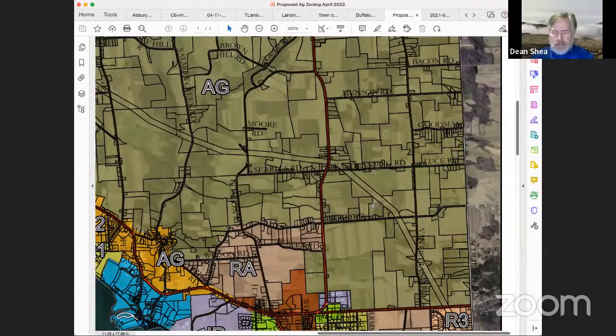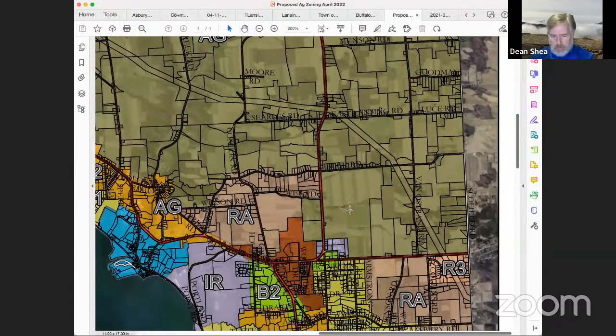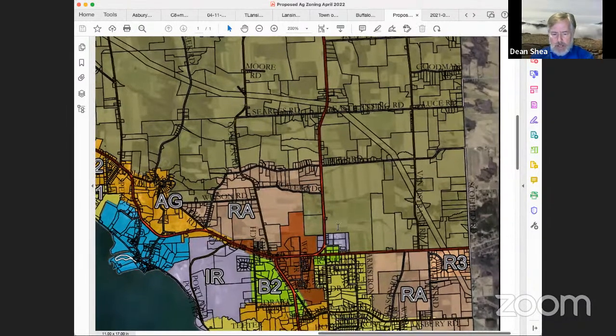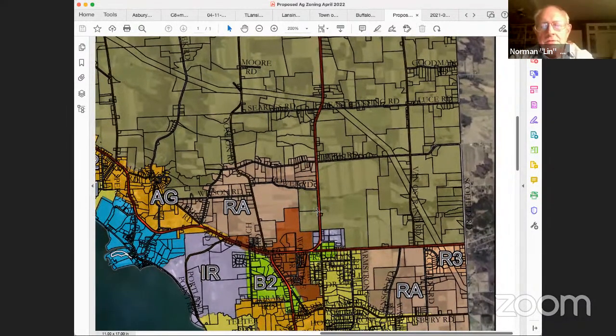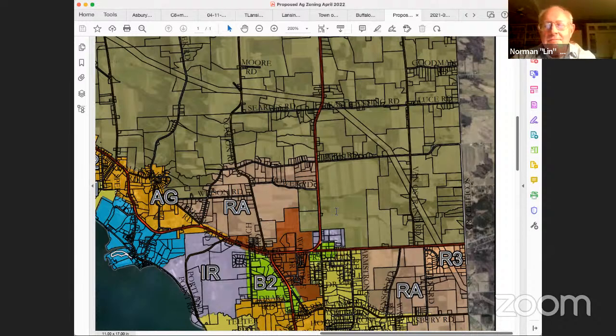And then how about the state institutions there? That obviously shouldn't be ag zone. Should that be industrial or should it be considered RA? A state institution or a school can do any damn thing they want. They just come in and plunk. Right. So we try to lead them in one direction.